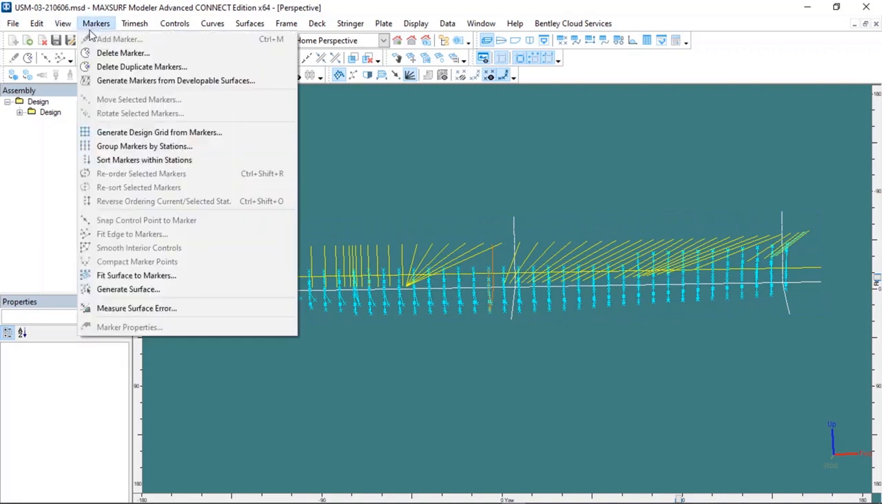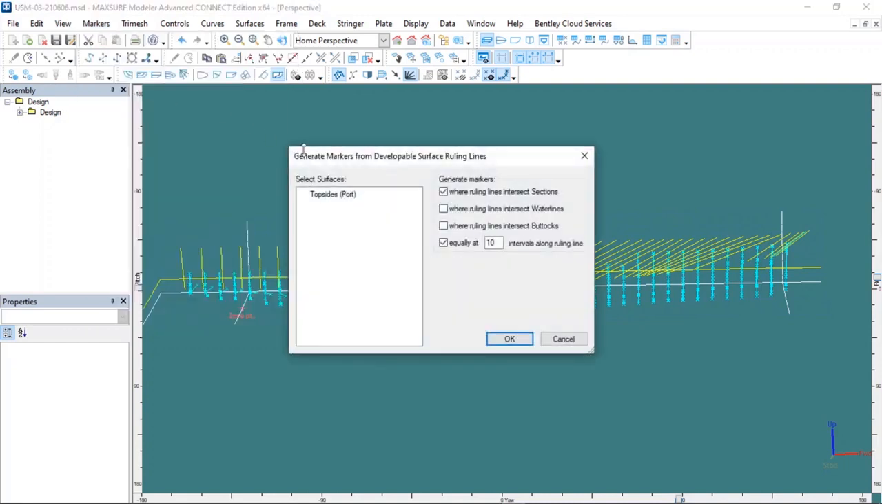I select Markers and Generate Markers from Developable Surfaces. It assigns markers to identify surfaces you mark as developable. This is the purpose of this command. Create markers to define the surface you have specified. Add these markers across the surface. If you check the first box, it will create a marker across the surface. If you select where ruling lines intersect waterlines, it will add markers on the surface in the direction of the